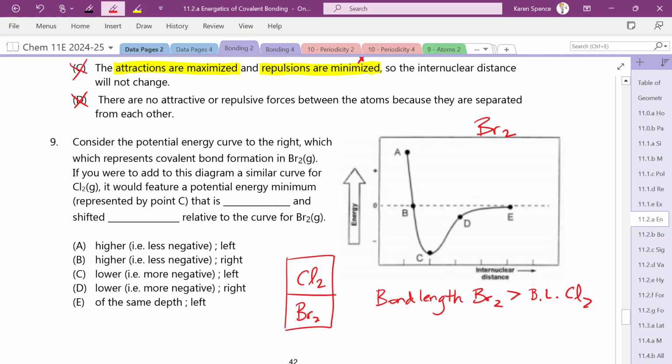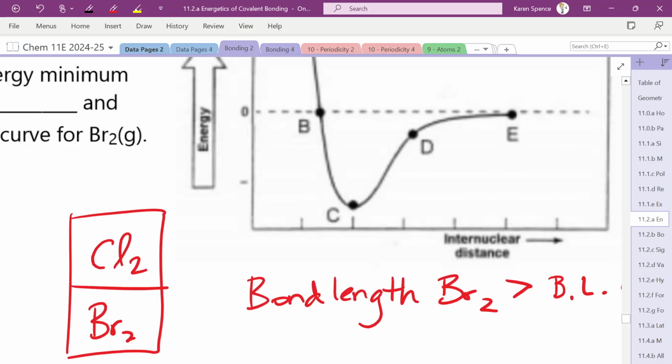So that means that, where do I go from and to measure the bond length? Am I going vertical or am I going horizontal to measure the bond length? Horizontal. And I start at the axis and I go to point C. Okay, that right there is the bond